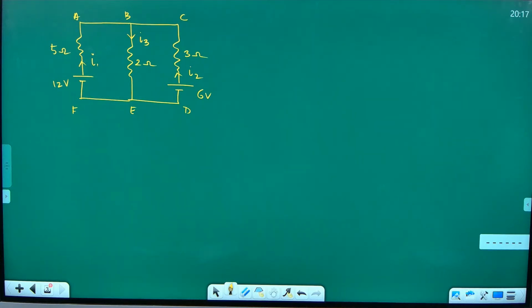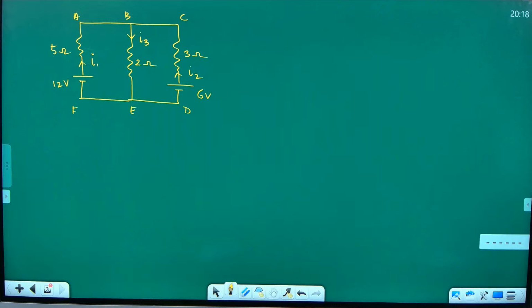See what mistake you are doing. First of all, what is I1, I2, something you mentioned, no? Oh, I1 is there. So I1 into 5 will multiply. It is IR, isn't it? Check that mistake you are doing. One second, let me check how much you have done. You have taken F, A, B, E, F, right? So 5I1, good. Plus 2I3. 2 you have written, no?